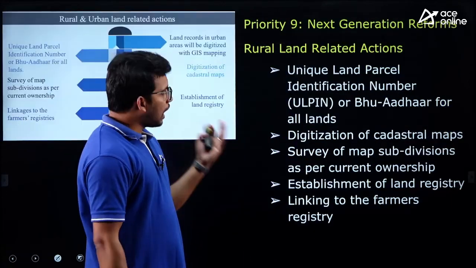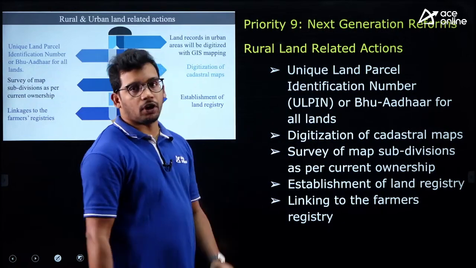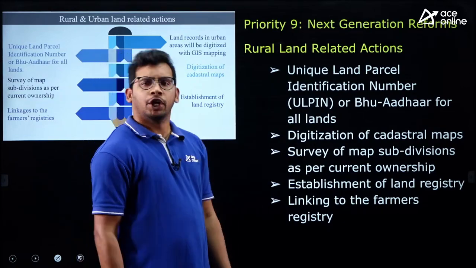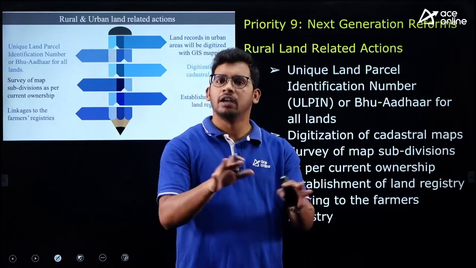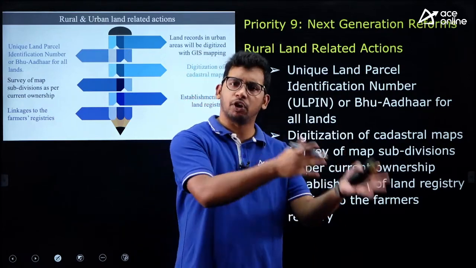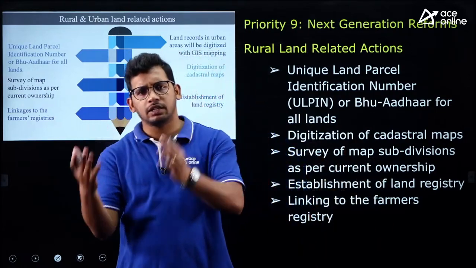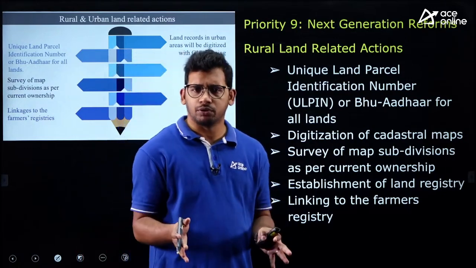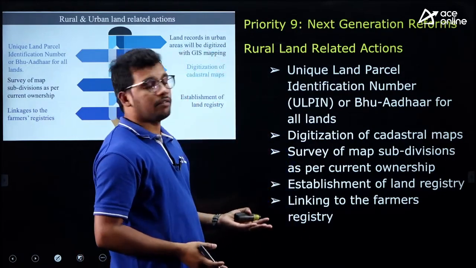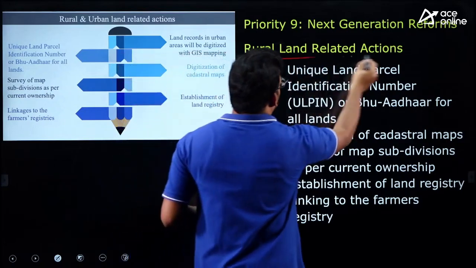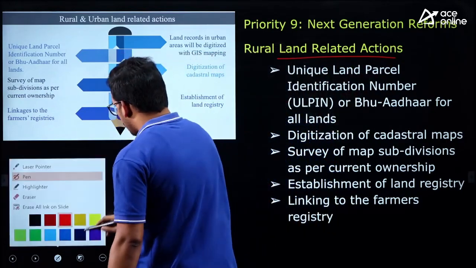Last priority, that is 9th priority, next generation reforms. You all know, you go to the rural areas, there is a lot of disputes between the local farmers, that this land has been occupied by that person, and then this land we have lost. There is a lot of disputes because there is no proper land records. For that purpose, government will be coming up with the land surveys, land related action, not only in rural areas